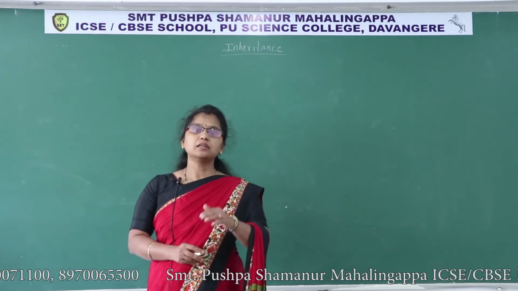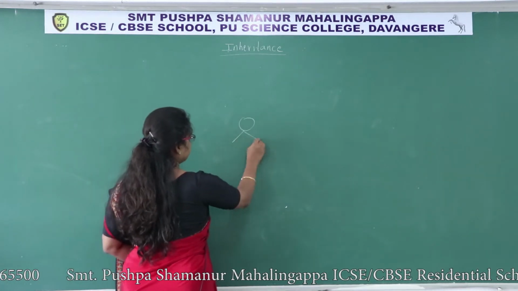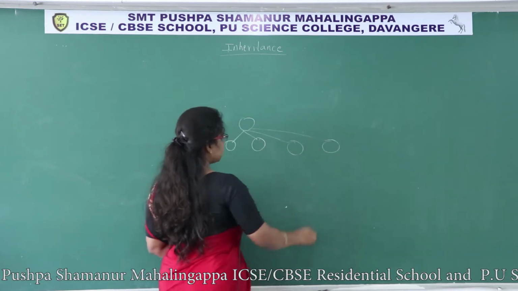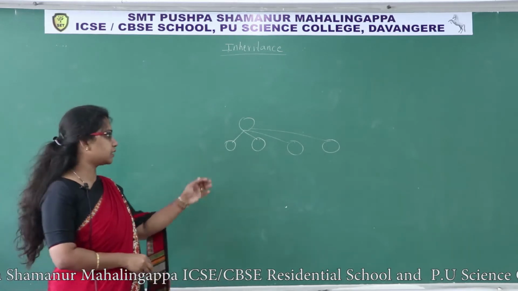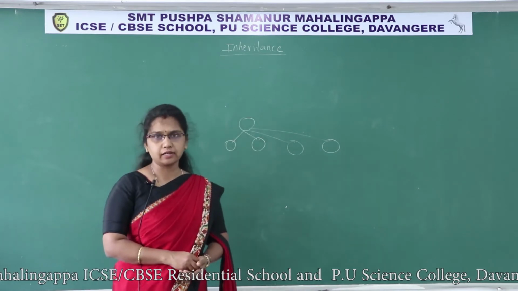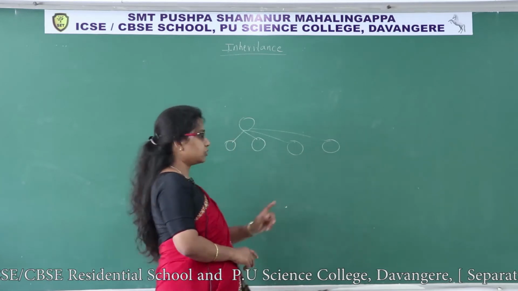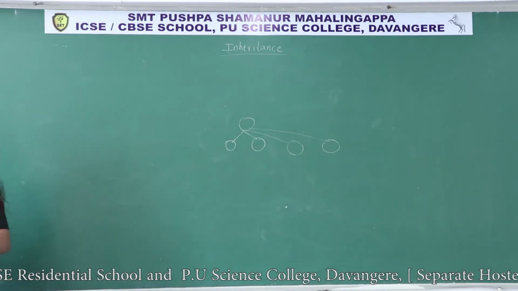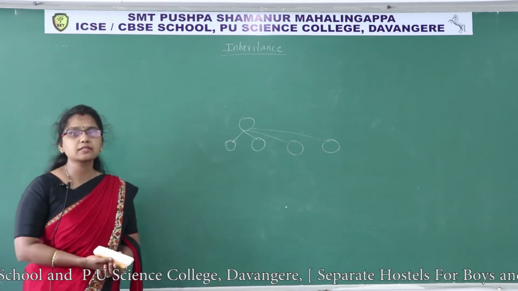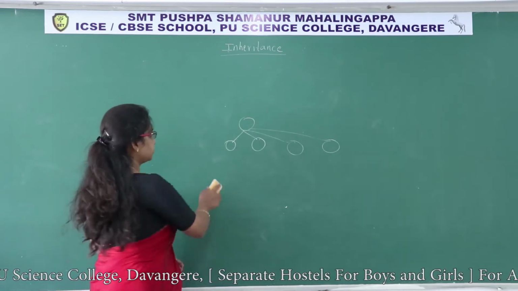Hierarchical means it's a tree structure or hierarchy. Hierarchy means like this. You can derive any number of classes from a base class. So this structure we call hierarchical. If inheritance follows this structure, then we call it hierarchical inheritance. So this is the base class and these are the derived classes. Understood? Now what is the definition of hierarchical inheritance? Two or more classes derived from a single base class is called hierarchical inheritance.